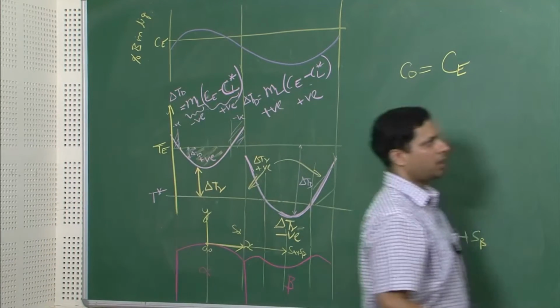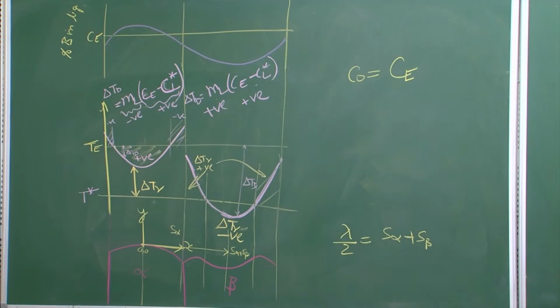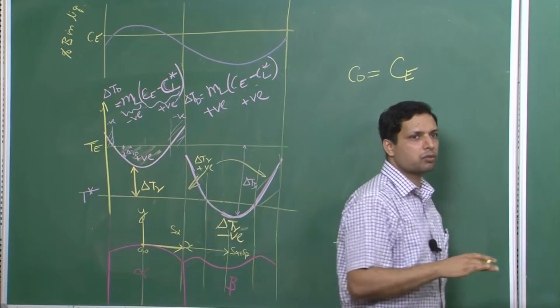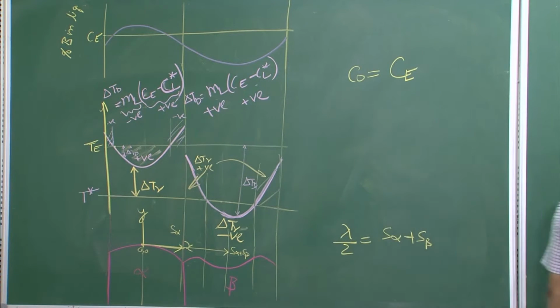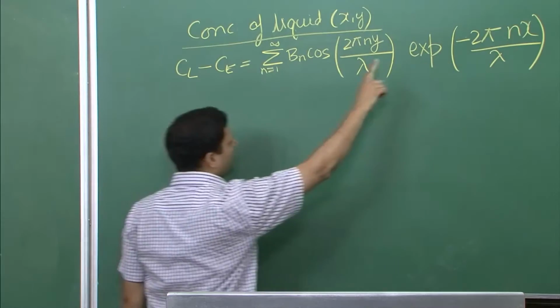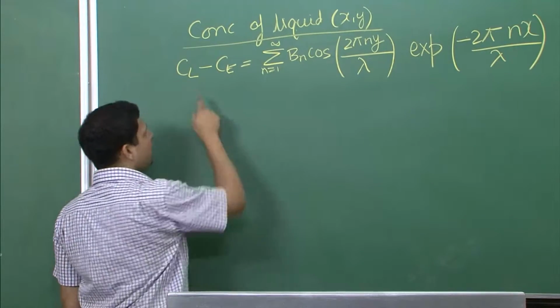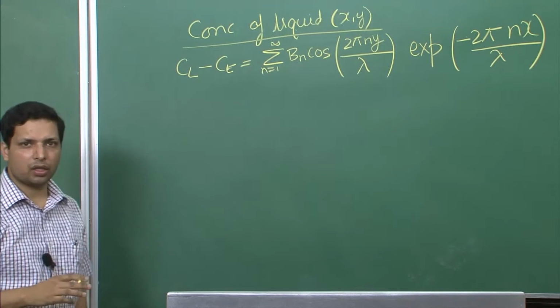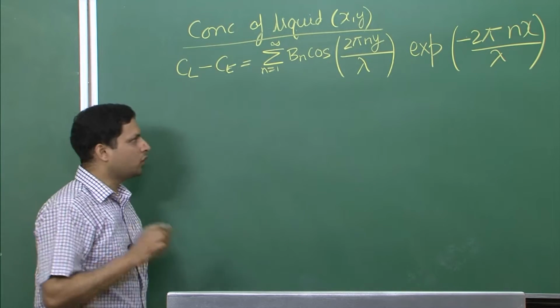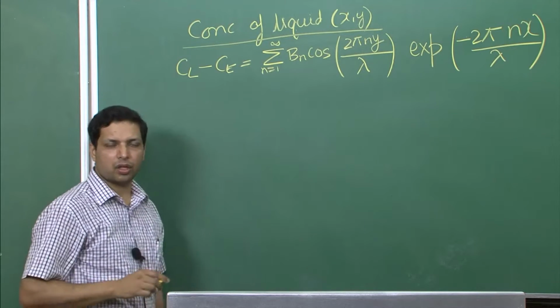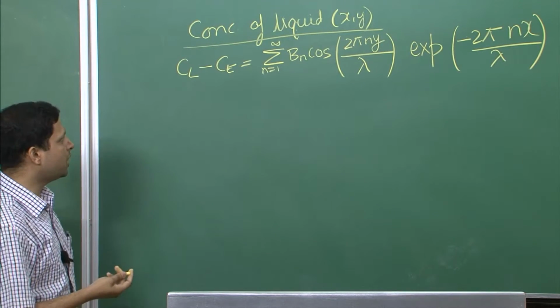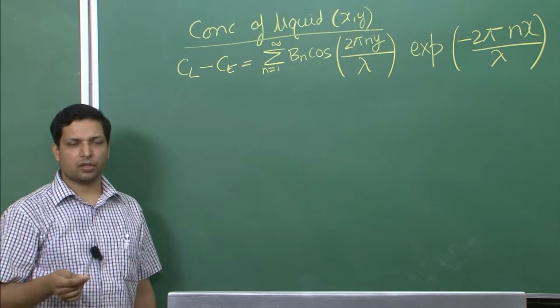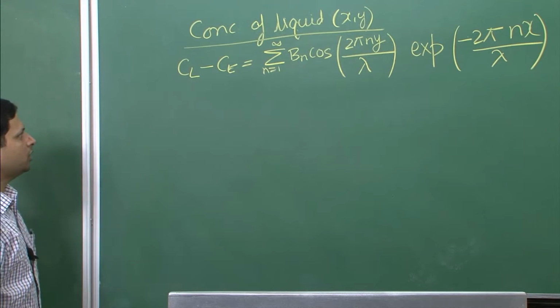On the other hand, in the x direction, which is away from the solidification front, it drops down drastically. So if you look at it at very large x, this whole thing will become 0, and therefore Cl will become equal to Ce. From this equation itself, it looks like a very meaningful equation, because at large x it does become Cl equal to Ce, and for the y direction we see that it follows a sinusoidal condition.